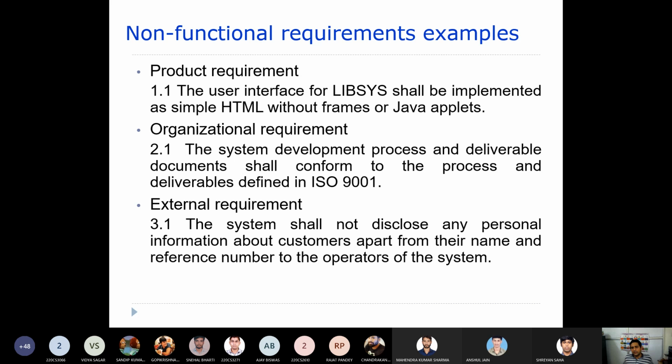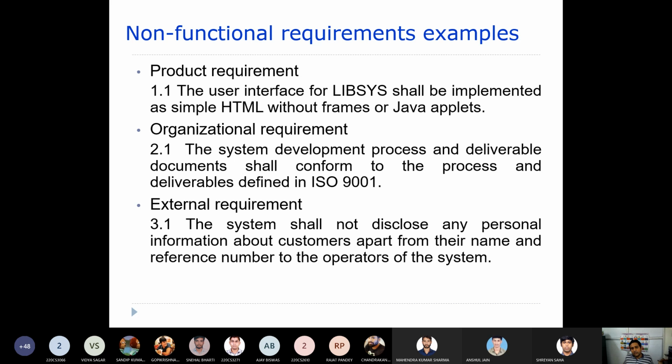That means the document should follow some standard. The process should have followed an ISO standard, and when the process follows a standard, the document also follows it.